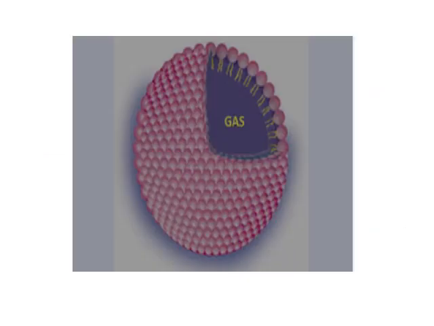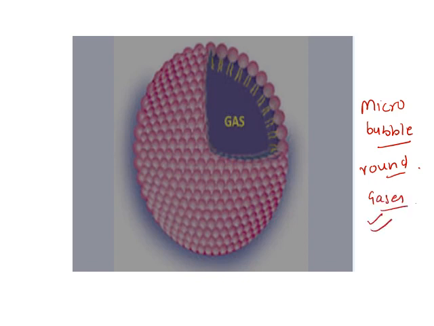So now let us see what is basically the structure of a microbubble contrast agent. As I already told you, that is a microbubble. Since it is a microbubble, it is round in shape, and they are basically made up of gases. Question arises, why only gases are used to have a USG contrast agent, and why there is a need of a shell around it? As we are seeing in this picture, this is a shell,